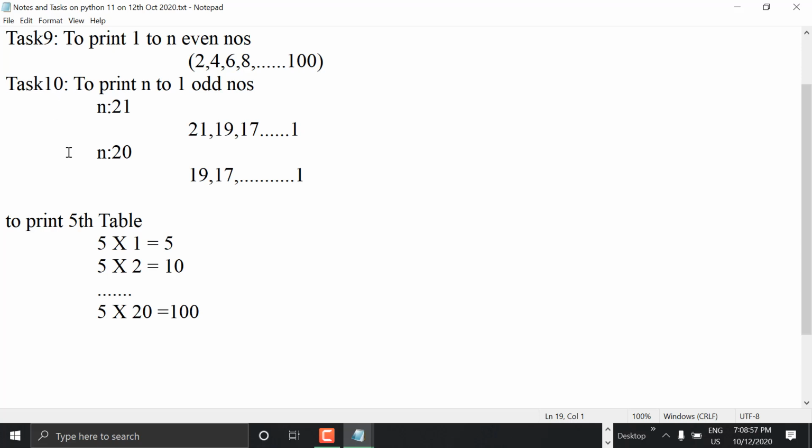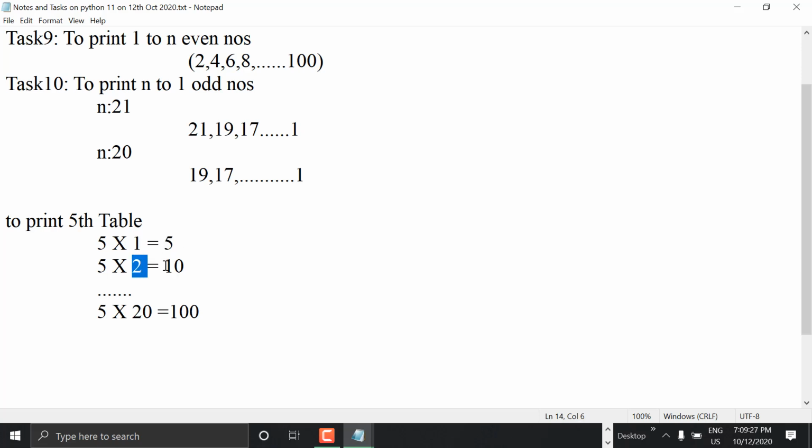And what is this 1, 2, 3, 4 up to 20? Take a value, or i value. i value 1, i less than or equal to 20, i plus equal to 1. So 1 to 20 numbers will come. What about this one? i into 5 values. Suppose if i value is 1, 1 fives are 5. If i value is 2, 2 fives are 10. So 5 into i, nothing but 1 means 5, 2 means 10. Like that, keep on running.